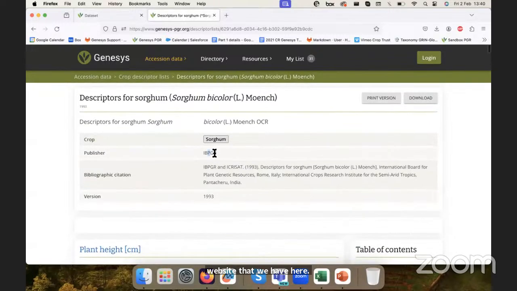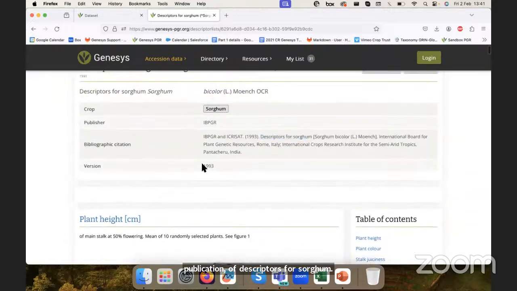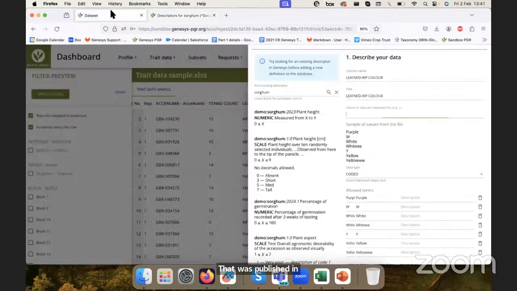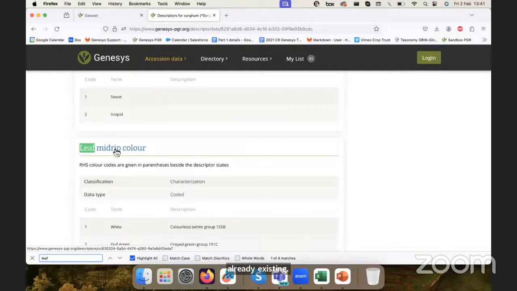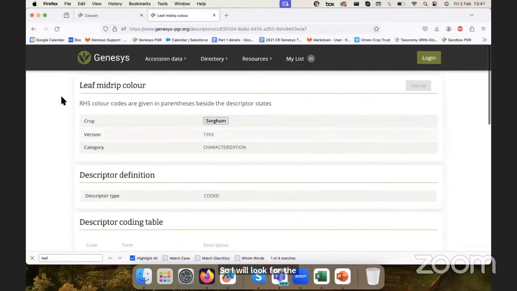This is the IBPGR and ICRISAT publication of descriptors for sorghum that was published in 1993. And I will show you how we can, based on this list, create our own descriptor right here, if it's not already existing. So I will look for the leaf midrib color descriptor,